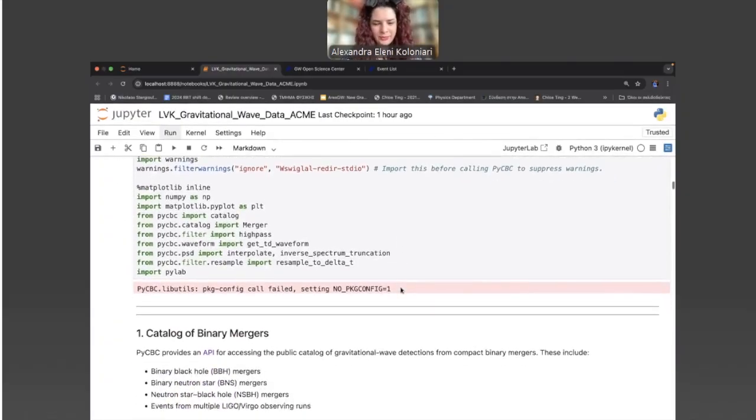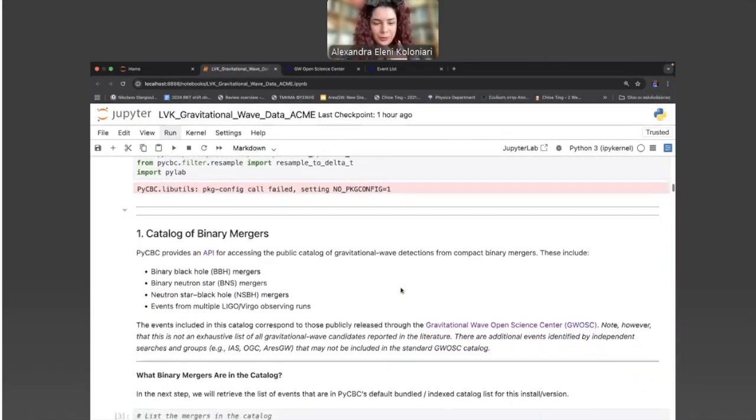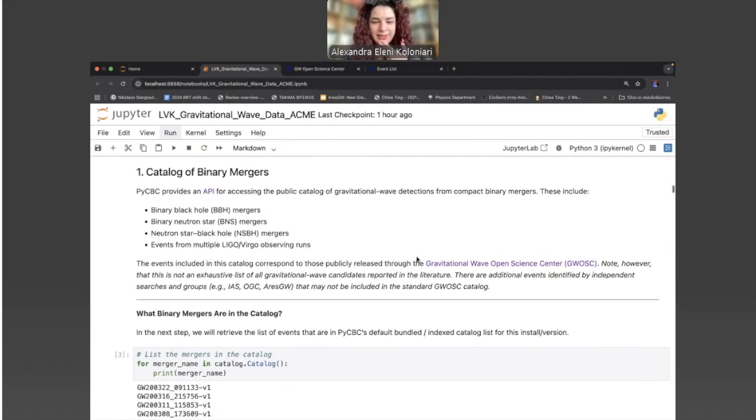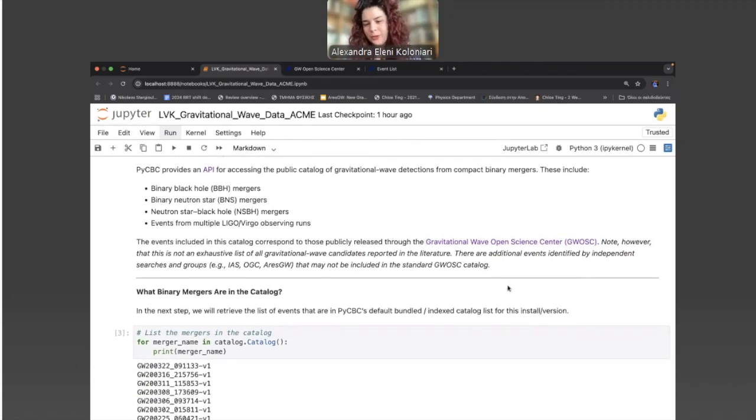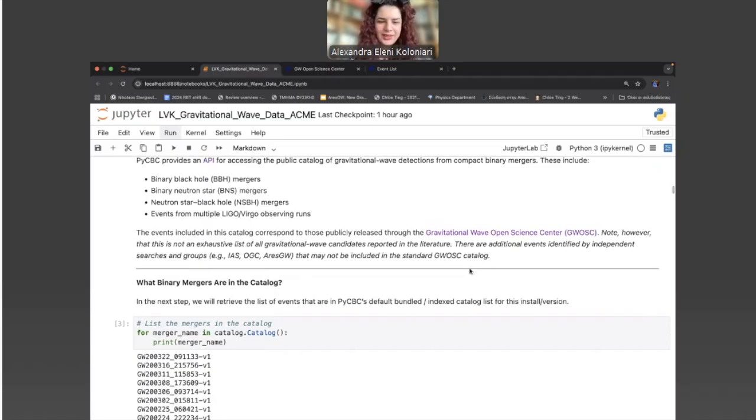Here are some other important imports. And the first thing that we will do is use the catalog of binary mergers. PyCBC provides us an API for accessing the public catalog of gravitational wave detections from compact binary mergers. And those, of course, include binary black hole mergers, binary neutron star mergers, and neutron star black hole mergers.